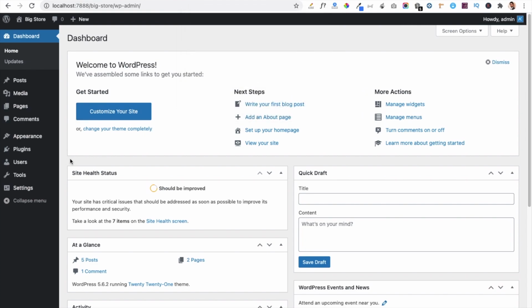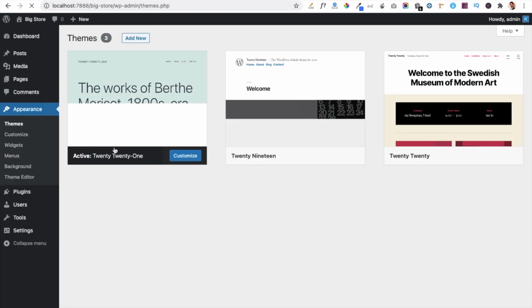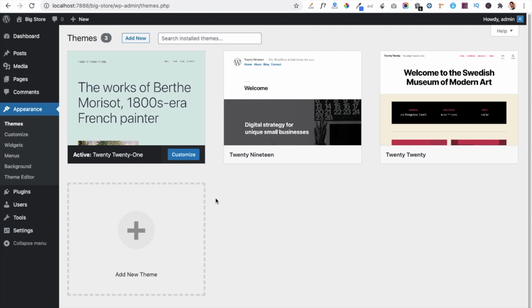This is the first view of our dashboard, where you can see some stats and some more information. Now we will learn how we can install a theme in our dashboard and activate it, and how we can add posts in our blogging website. So just go to the Appearance tab and click on the Themes section. This is the section where we can see all the available themes in our dashboard.